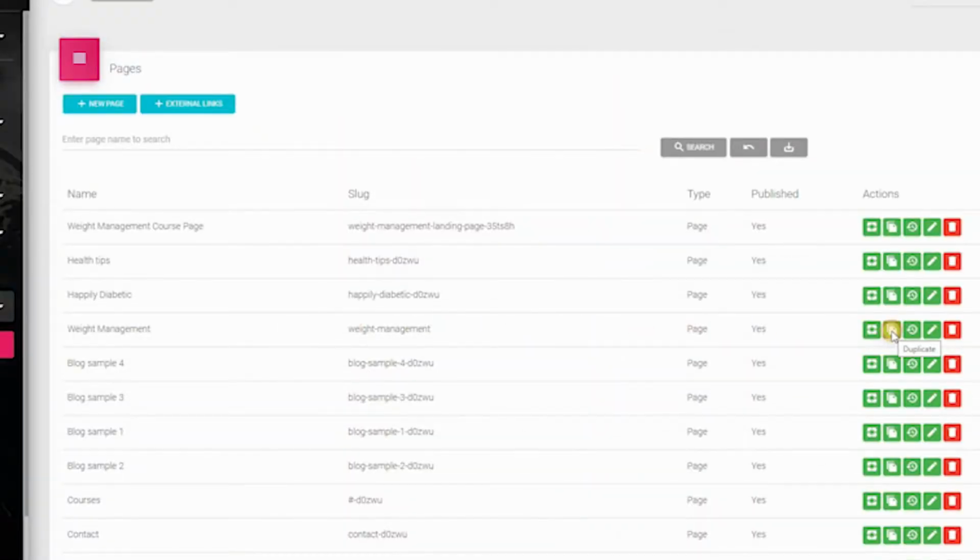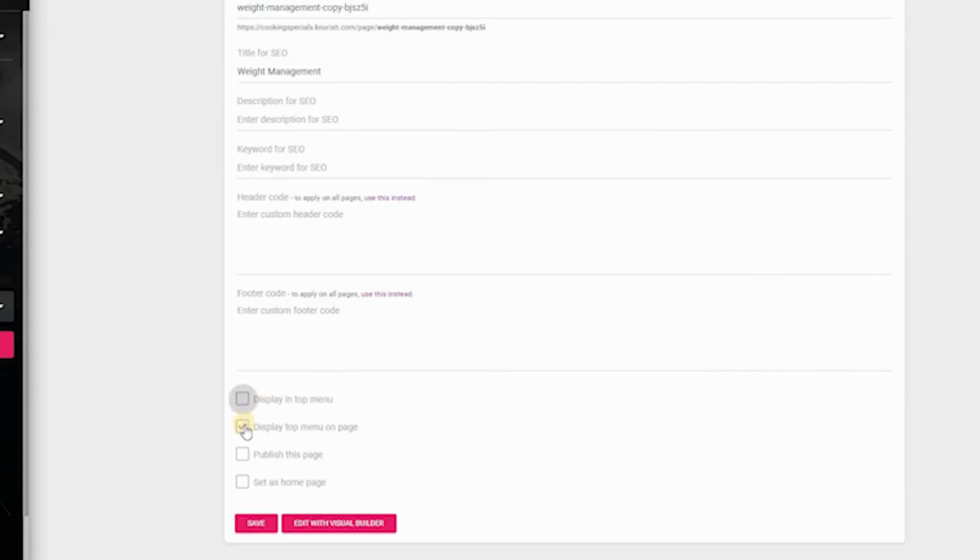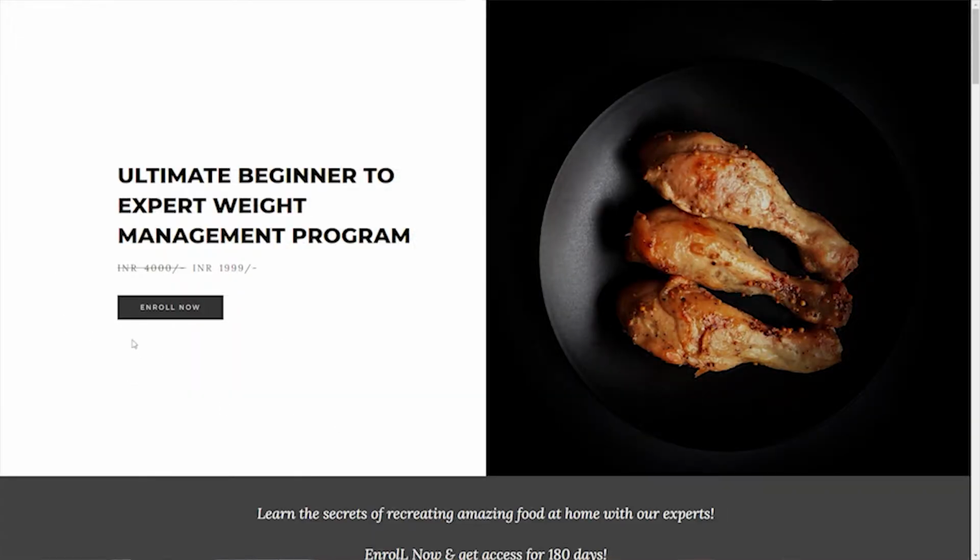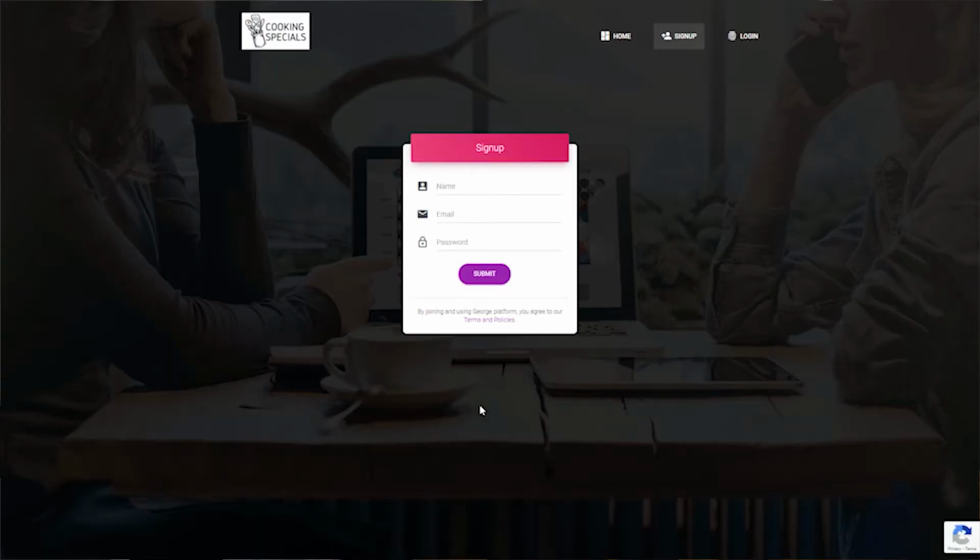Step 2. Once the website and course pages are ready, create duplicate course pages from the Nourish dashboard and turn off the menu on these pages. This converts these duplicate pages to your ad landing pages. By doing this, it ensures that once the visitors are on your ad landing pages, they have only two options: either sign up and make the payment for enrolling in the course, or leave the site. This makes sure that the site visitors perform only that specific action that you want them to and not get lost in the website by opening other website pages.